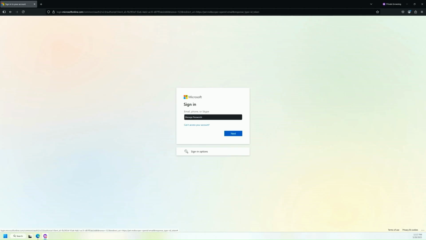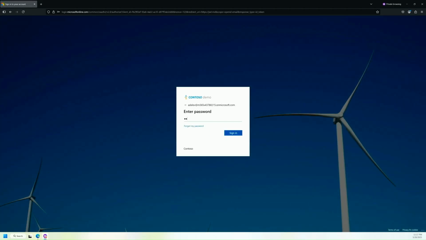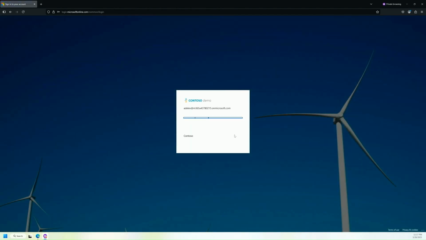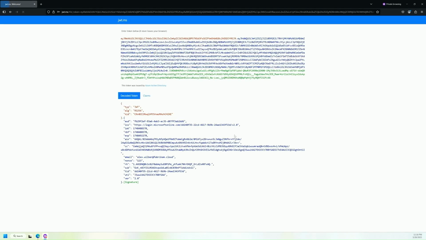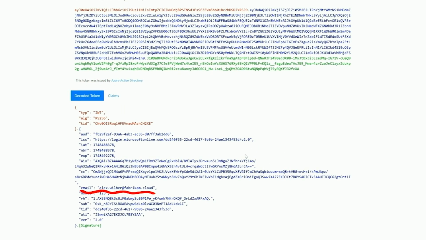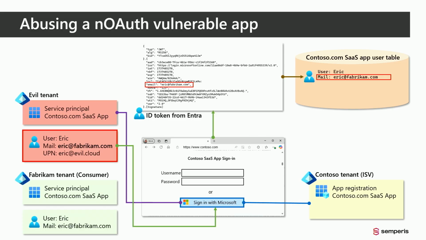But now we're going in as the attacker user, where we've already gone through and adjusted the email claim in Entra. And we're going to this application that would be, effectively, vulnerable to nOAuth. It might be hard to read, especially in the back, but if we look here, this other user coming in also has Alex's email claim set on the account. So it's an easy way to see conceptually how an account takeover in an application would happen.